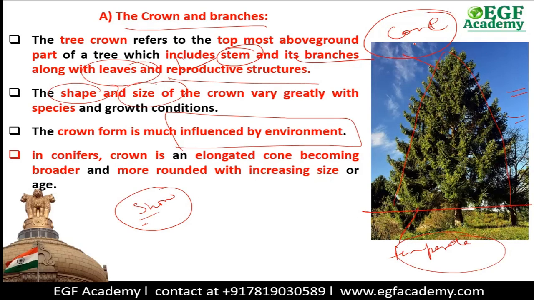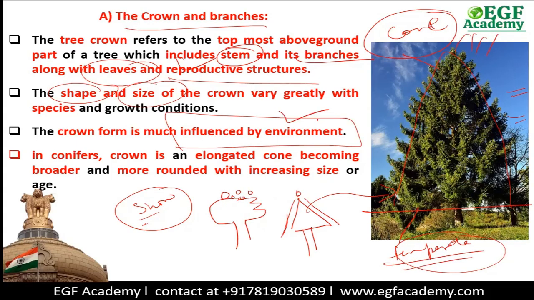Why do they adopt this conical shape? Because in these temperate regions there is snowfall. If the tree shape was like this, the snow could accumulate on the tree, and this would result in damage to the tree. But because of this cone shape, snow cannot accumulate on the tree. It will slide down, and this prevents damage to the tree structure. So this conical shape is a kind of adaptation which helps the tree to survive in the temperate environment. So the environment of the region decides the crown shape of the tree.